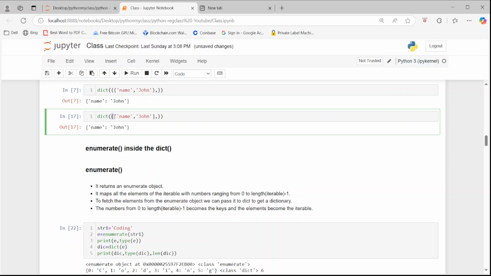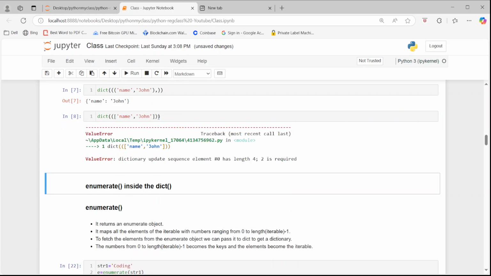iterable. I'm trying to pass this outer iterable, that is identified by this opening bracket, and here you have this closing bracket. Inside this outer iterable, you have to pass an inner iterable, and this inner iterable also I'm passing in the form of a tuple. Otherwise, if you don't give a comma here, you will get a value error, because the outer iterable is not any list, outer iterable is not any set,